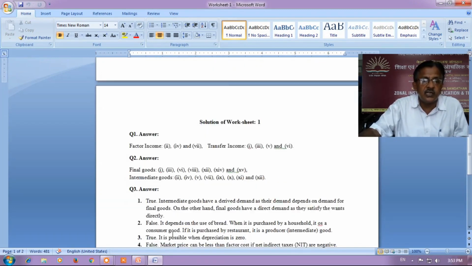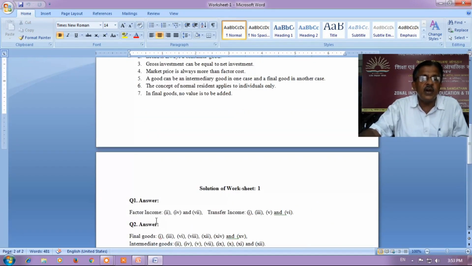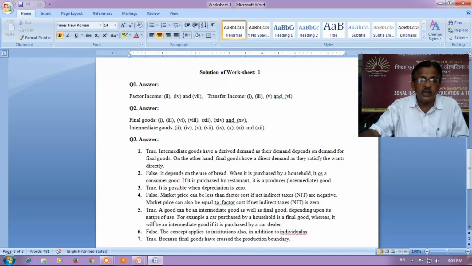That is not correct. So that is false. The reason we have cited here. Then 5, a good can be an intermediate good in one case and a final good in another case. It is true. A good can be an intermediate good as well as a final good depending upon its nature